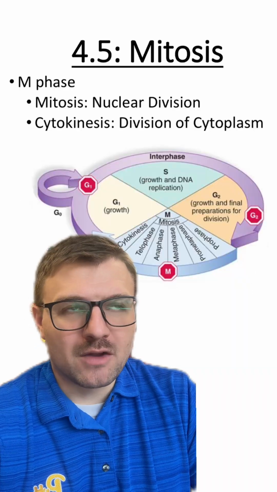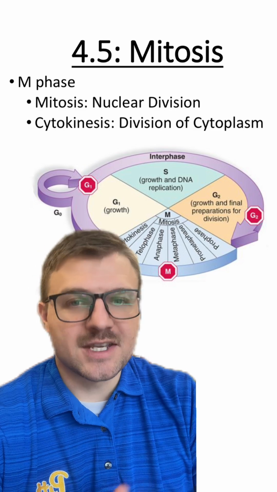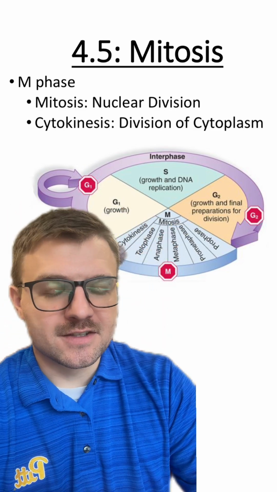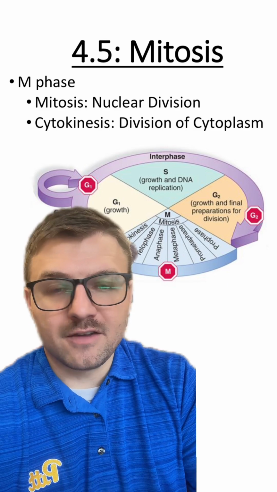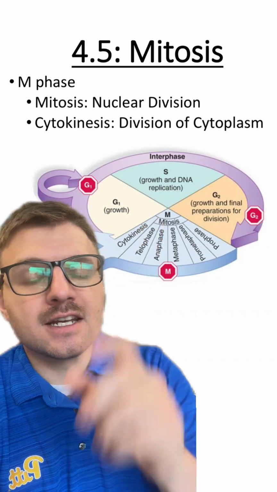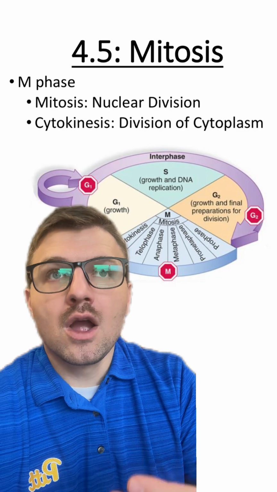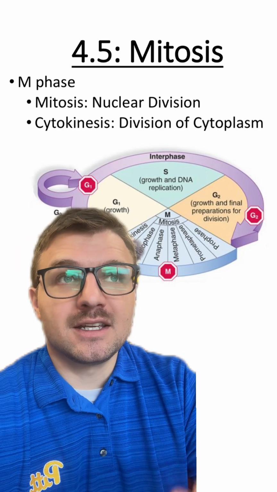Remember, up until this point, we've been talking about the whole cell cycle, and before M phase comes interphase. During interphase, we're going to have G1, S, and G2 phases, and this is where the cell is going to go through normal functions, grow, and get ready for mitosis. During S phase, we're going to see the DNA be replicated or duplicate itself. This is in order for when mitosis occurs that each new cell is going to have the same exact genetic